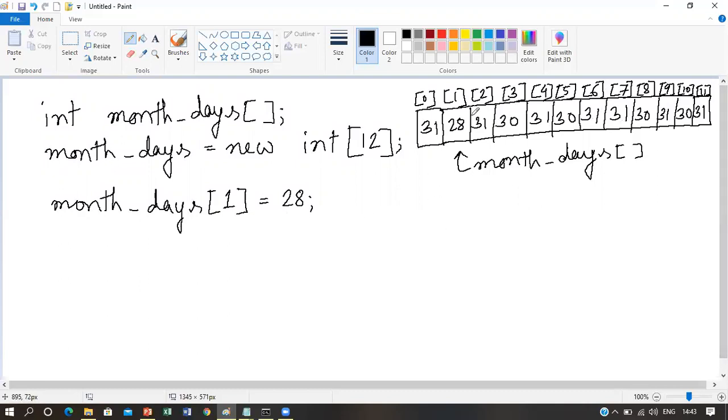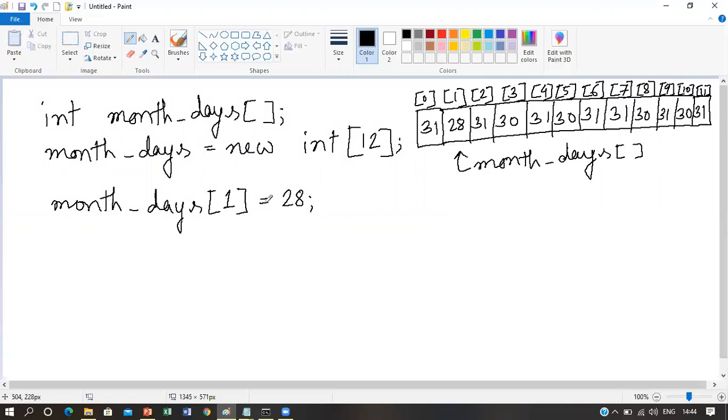So if you want to access this second element, which is this one, second element means it should be stored in the index 1. If you want to access this element and put the value 28 into it, then you have to do it like this: month days, which is the array variable name, then within square brackets we have written the index, which is 1 in our case, and the value that we want to put into it is 28.